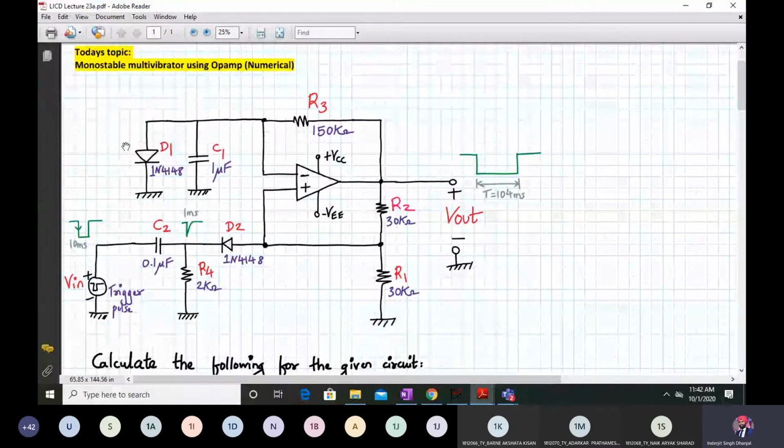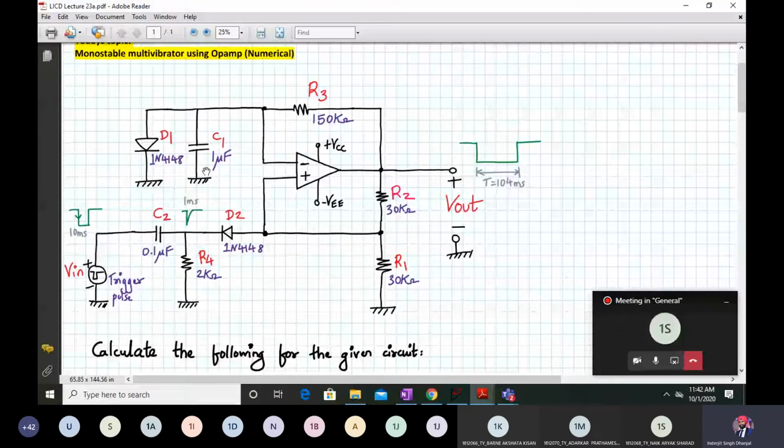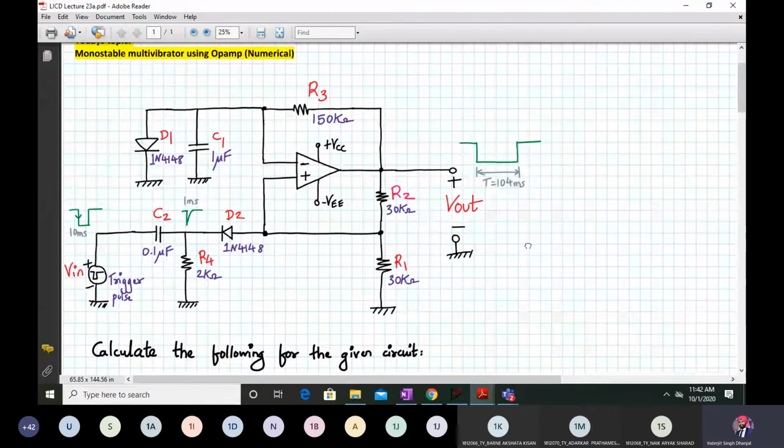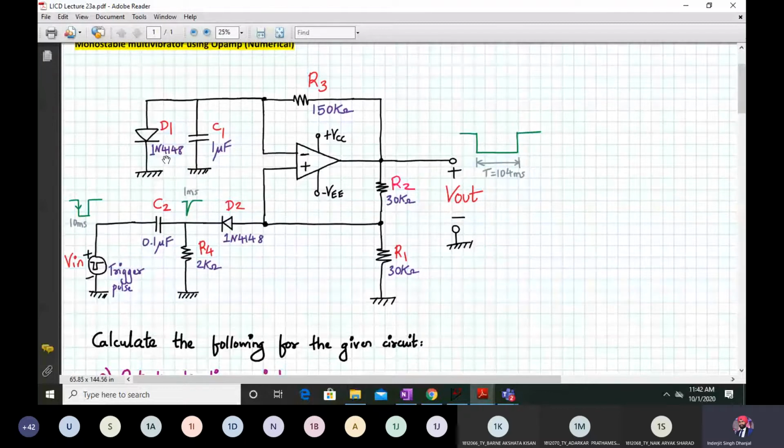So just concentrate. Suppose the diode D1 is not there, and D2, R3, R4 and C2 are also not there. What will the circuit look like? I am repeating again. If diode D1 is not there in the circuit, and diode D2, R4 and C2 are also not there, what will the circuit look like? An astable multivibrator. Yes, correct. So basically, it will look like an astable multivibrator only,